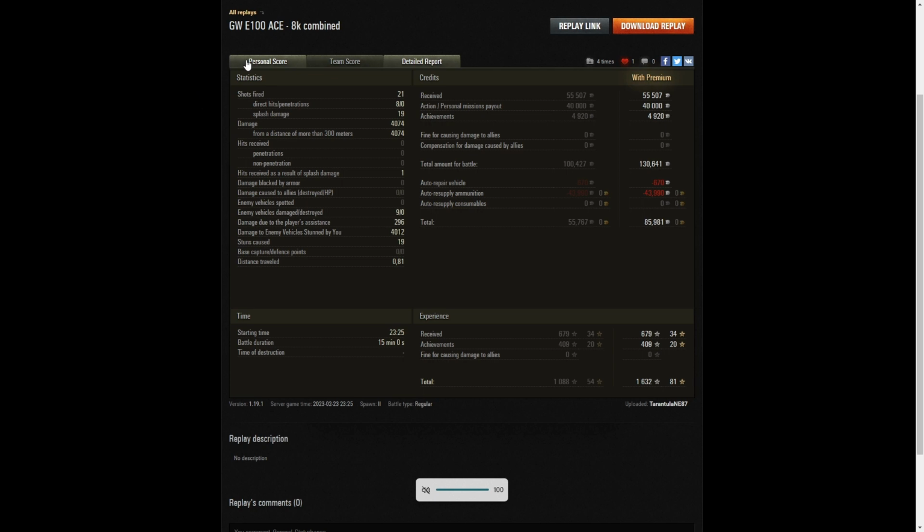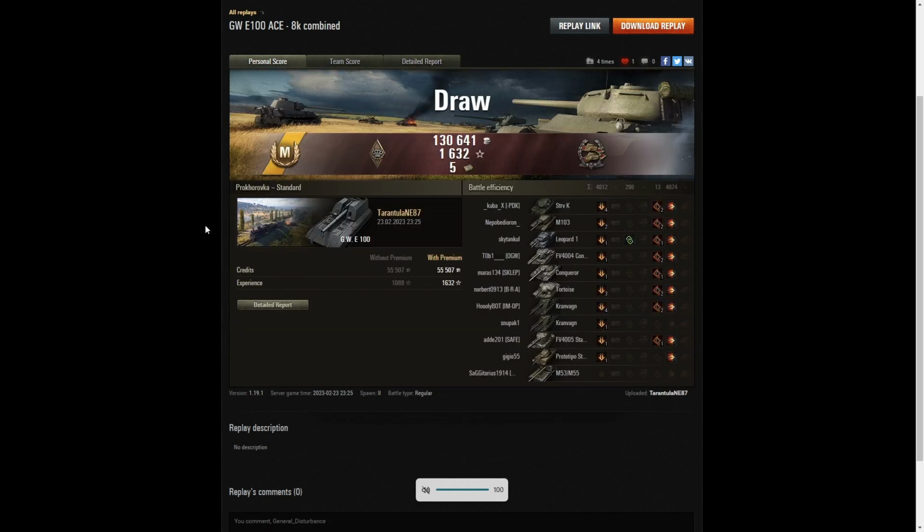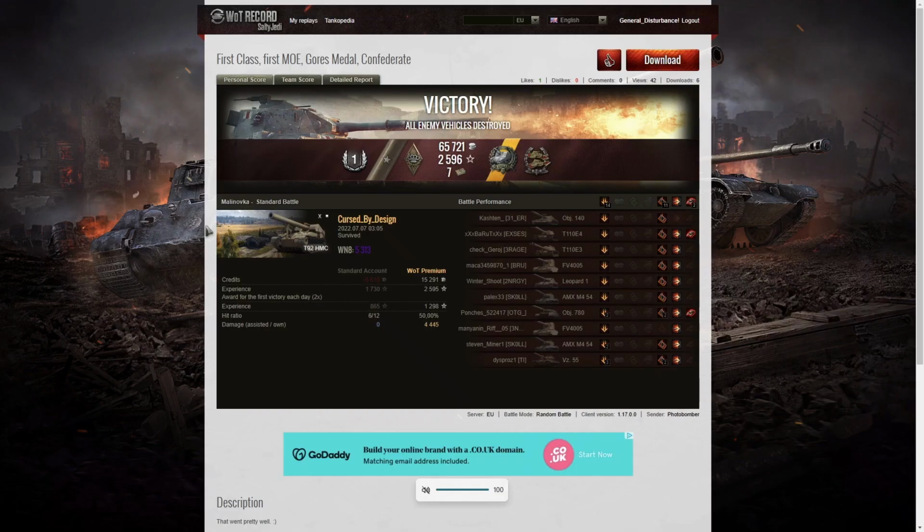So 2 very different games in different Artys, both tier 10s, but very different results. Tarantula ended up with an ace tanker in that one, whilst Curse by Design only got a first class, but he did get a Gauze medal on top of that, the highest damage in the game, and a reasonably high base XP and win 8 out of it. So I think you could both say that both games were good for the players in terms of what they earned, but, well, it's so unsatisfying when you get a draw that it ends up that you weren't able to